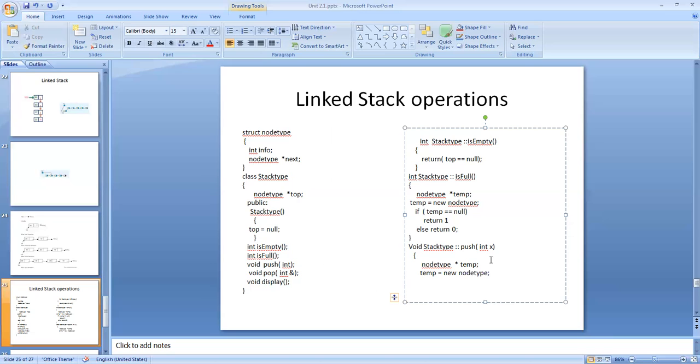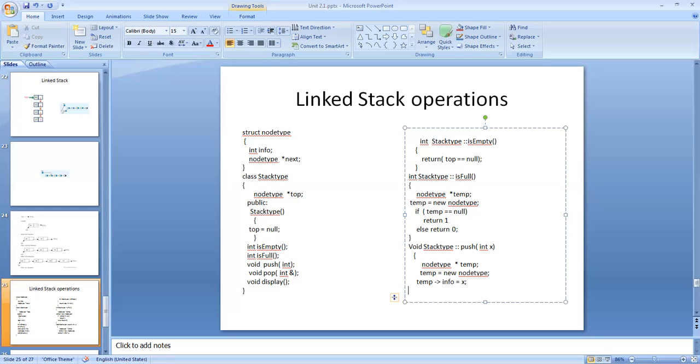Now I store the value x into this node. How to access this info? So temp reference info equal to x, what we sent as a formal value here.